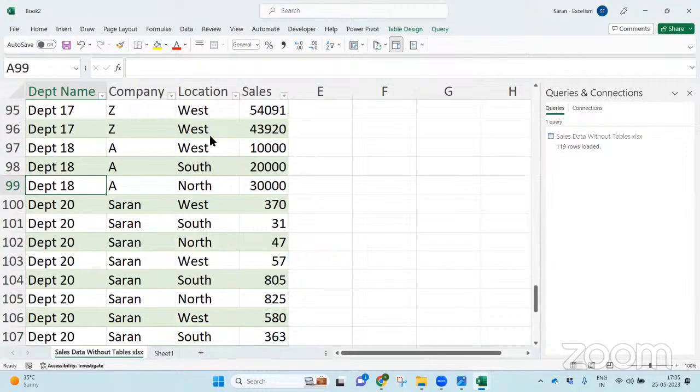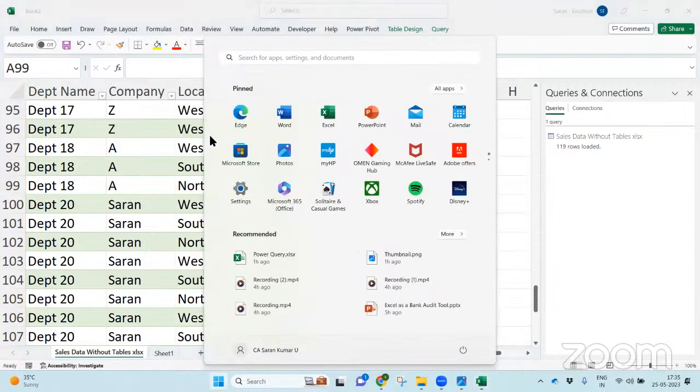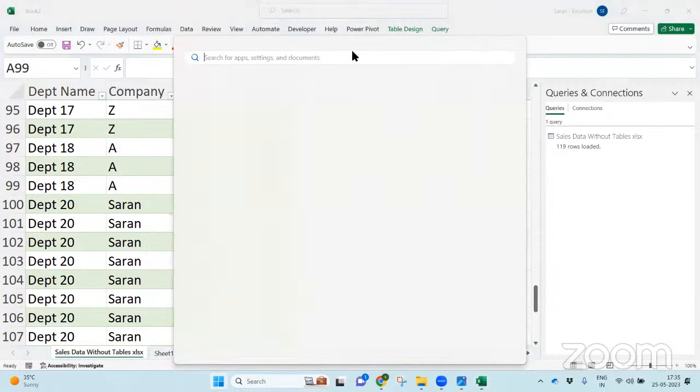This is the Power Query. However, in today's session, I have just given you the very basics. Whoever did not know anything about the Power Query, probably you can understand what exactly the Power Query can do. What are the powerful things we can do with the Power Query? Just give me another 2 minutes. I'll complete it. Let me show you a transformation I have done using the Power Query.